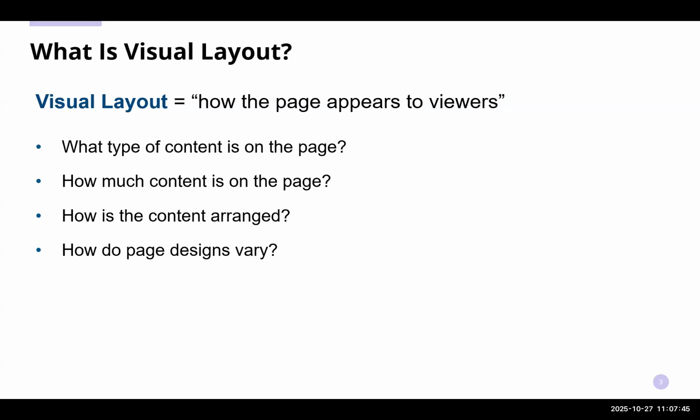Now, picture another page where the text is broken up into short sections with clear headings, maybe a few visuals and plenty of white space. So there is room for your eyes to rest, and the whole thing just feels lighter and easier to follow. Which one would you rather read? Most of us would definitely pick the second one, not because it is prettier, but because it is easier to